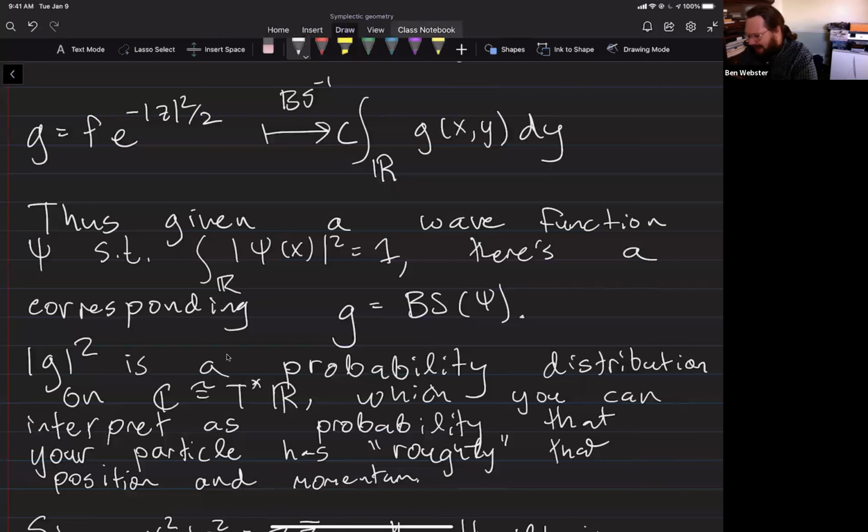One way to see how this still respects Heisenberg is that a holomorphic function can't become constant. It can't be compactly supported. So you actually have to have non-trivial support everywhere on C, but it's going to decay as you go further out. I find it very interesting that you get this function on the whole cotangent bundle, and you get either the wave function in terms of position or the wave function in terms of probability by integrating over the fibers.